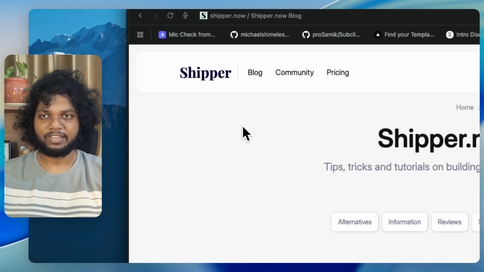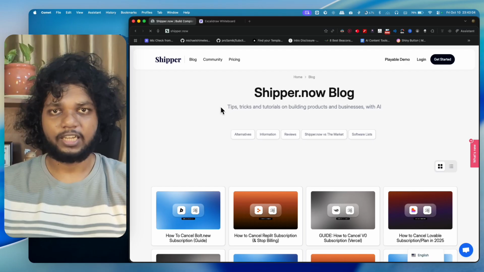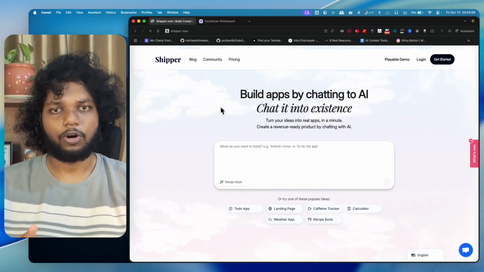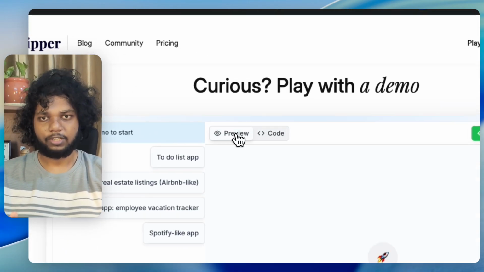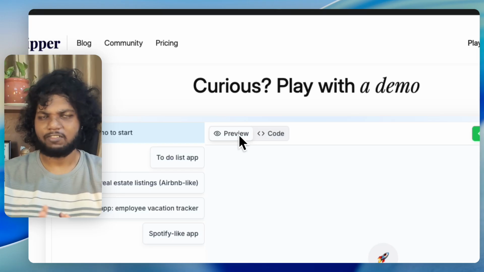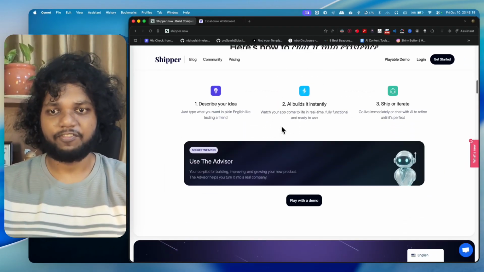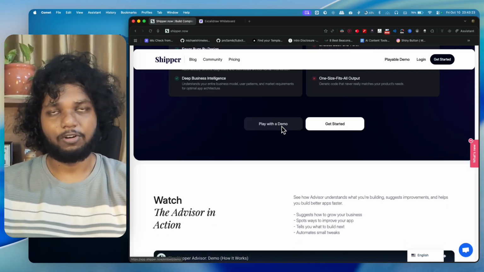This is the website Shipper.no. If you go to Shipper and see their website, they have created a Lovable and Bolt.new alternative, which you can see here, with preview and code. It is very simple, even you can make it. But what they have done differently from you is that they have made a good play, and that is